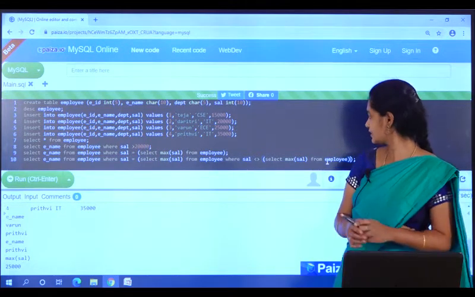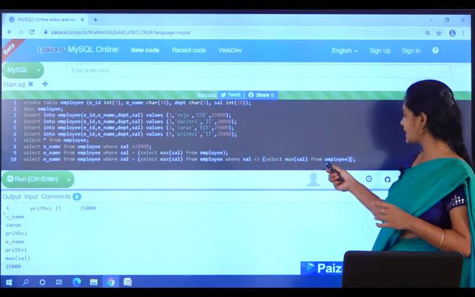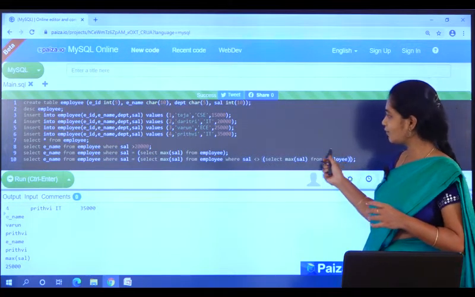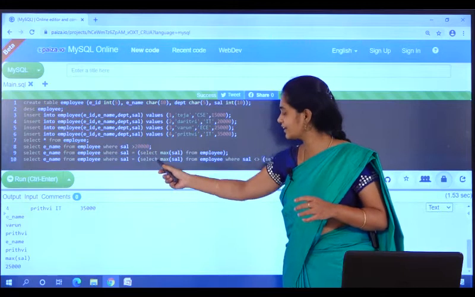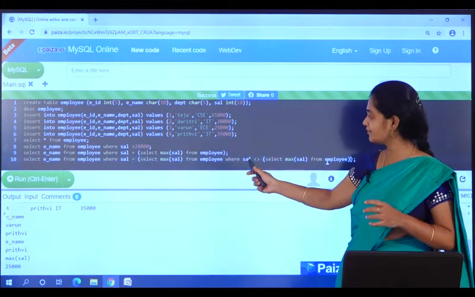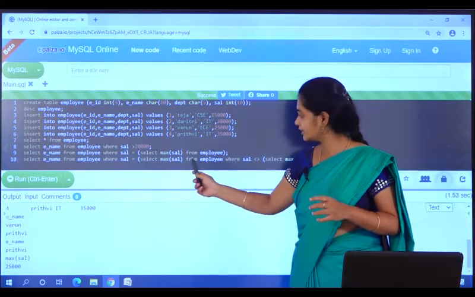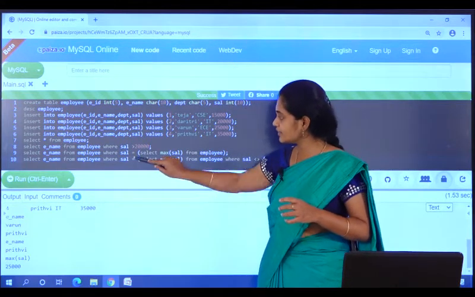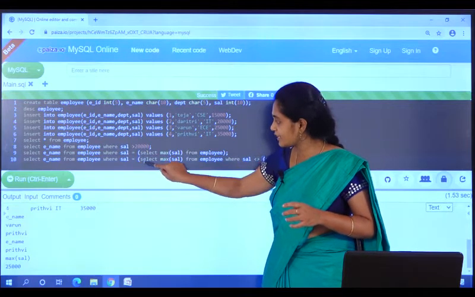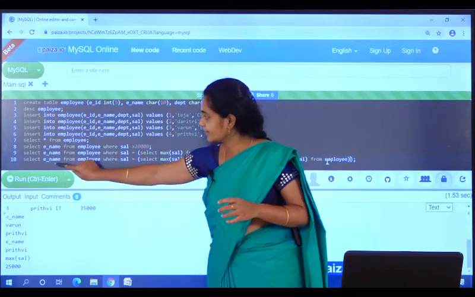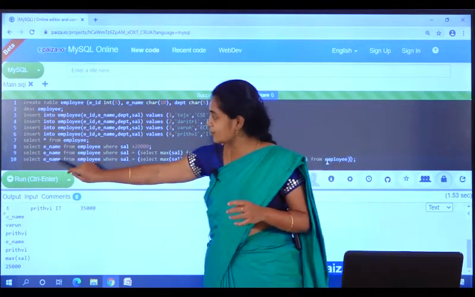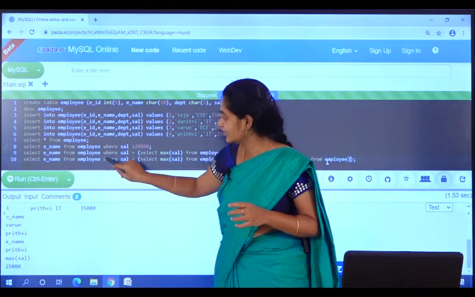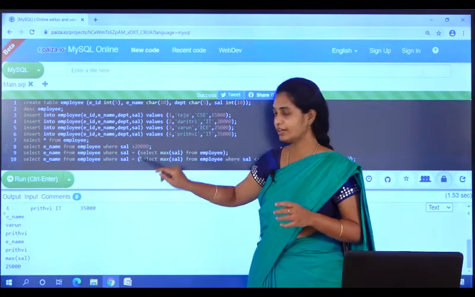So, this is the first inner query. Select maximum salary from employee. Then again, what do we have as the next query? Select maximum salary from employee where salary not equal to this one. So, what is the maximum salary you are getting? We are getting 25,000. So, this is 25,000. Then, what is the name of the employee from the table where salary equals 25,000?